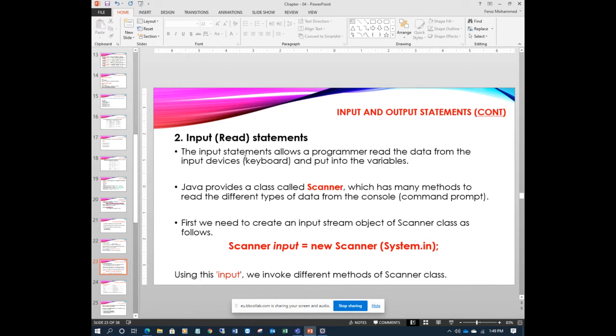But I want to add this value using the keyboard as input. Keyboard is an input device. Everyone knows a keyboard is an input device used to enter data to the program. Whatever program you have, how do you enter the data? Using one of the input devices, the keyboard, right? So how do you input this data to this variable?